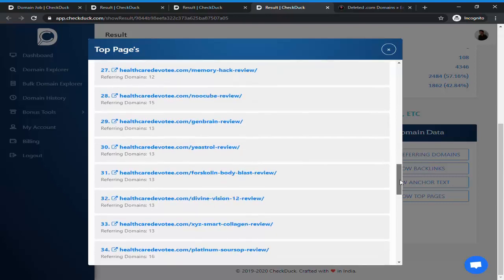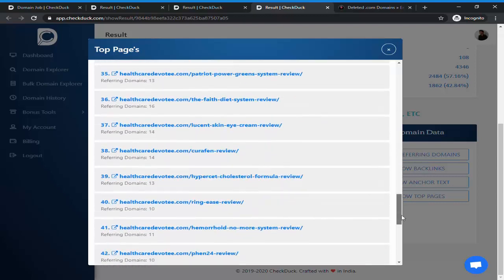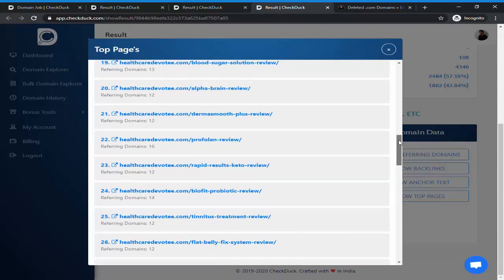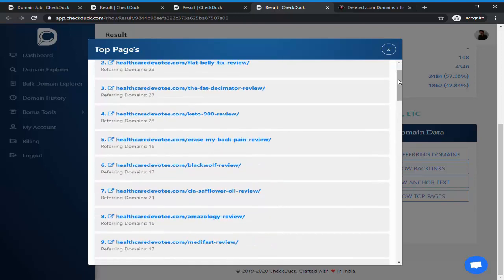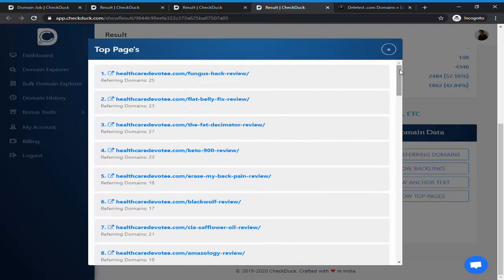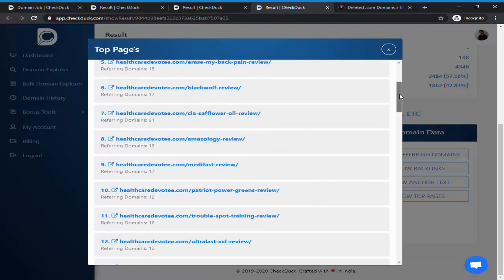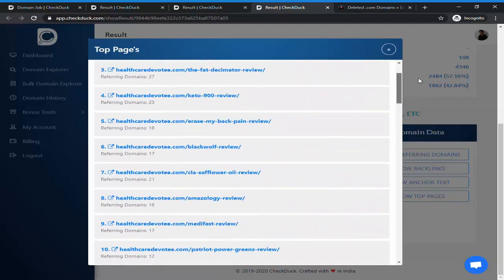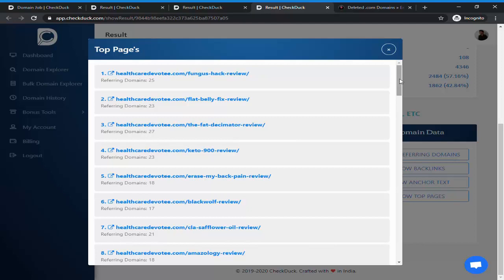So if I'm thinking to do a 301 redirect, the domain is not good. But if I'm thinking to make it a PBN, even this domain is not good for it, because the links are not on home pages but on inner pages. So to make it a perfect PBN for me, I have to make all these pages live back again. So let's leave this domain because the domain doesn't have those links on homepage. But what I can do is check out the Wayback